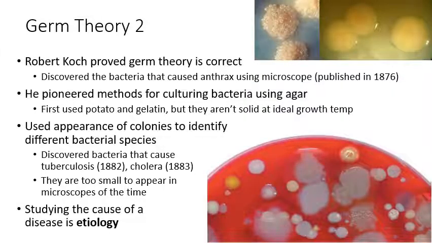So you also had another person make really important contributions to germ theory, who is Robert Koch. And he's the one who finally proved that germ theory is correct to the satisfaction of other scientists. So sometimes you see Louis Pasteur credited with germ theory, and if not, it would be Robert Koch who's credited with germ theory. He actually discovered not only that germs cause disease, but specific microbes that cause specific diseases. So he was able to identify the specific bacteria that causes anthrax and tuberculosis and cholera using his microscope in the